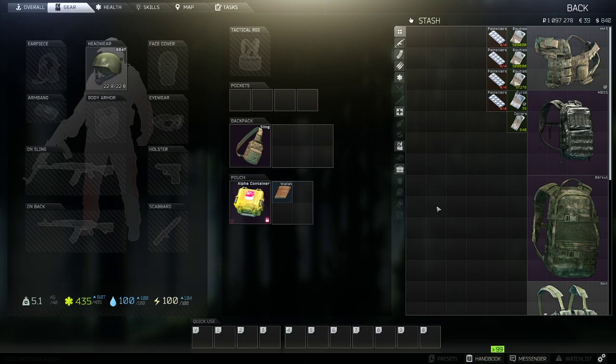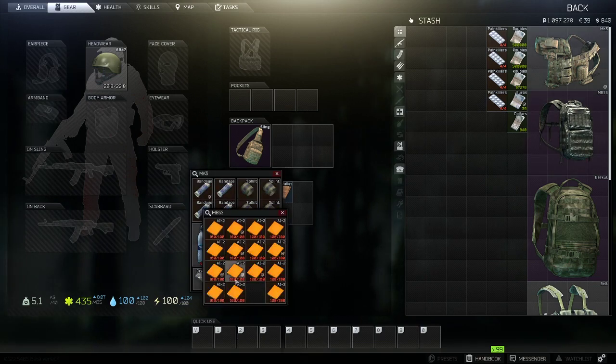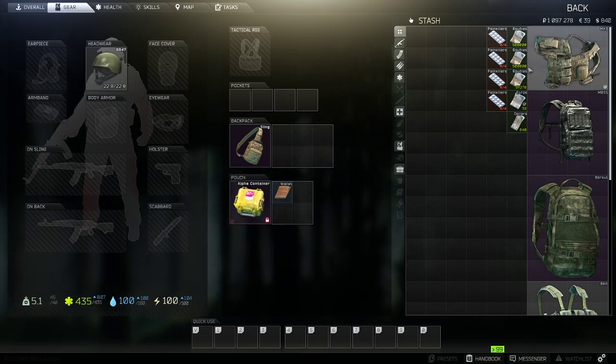your inventory space. The first thing is when you're looking at tactical rigs, backpacks, or anything that has slots inside of them, including weapons, you can double click on them to open up the menu with the items inside. So that's going to make it a lot easier instead of trying to right click, then click on the open